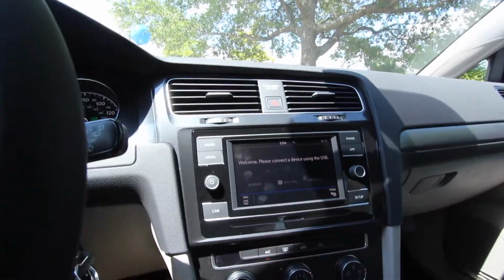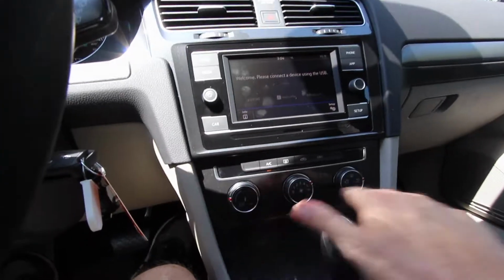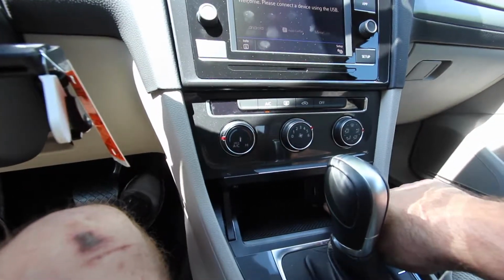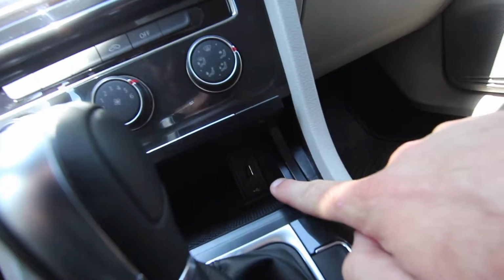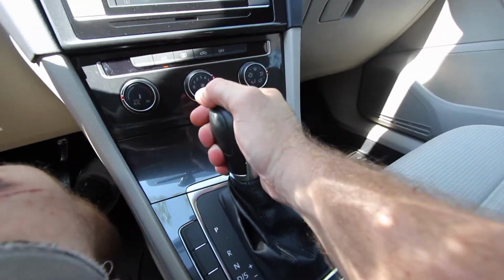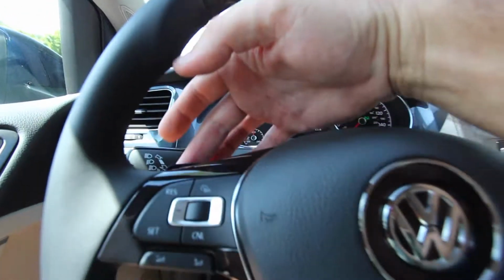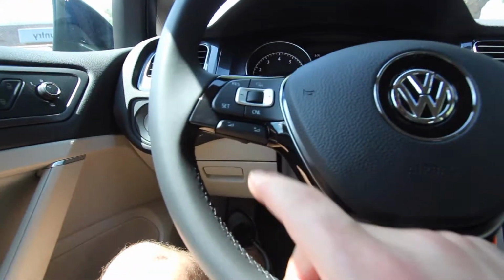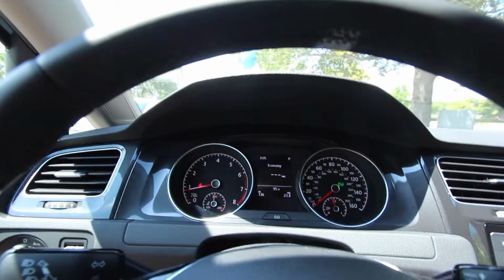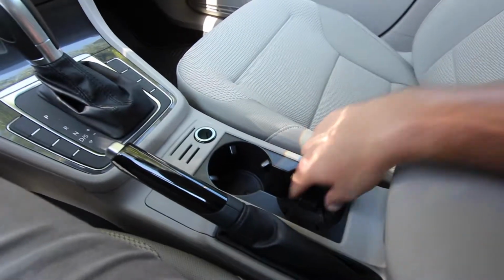You got a nice display screen there. Radio, phone, apps, setup, car, climate controls, cubby hole spot, USB auxiliary port right back there. Leather wrap boot, automatic transmission. Even has paddle shifters on both sides if you want to do some sportier driving. Cruise control, audio controls, and all that here. There's your gauges, your e-brake, 12-volt cup holders,